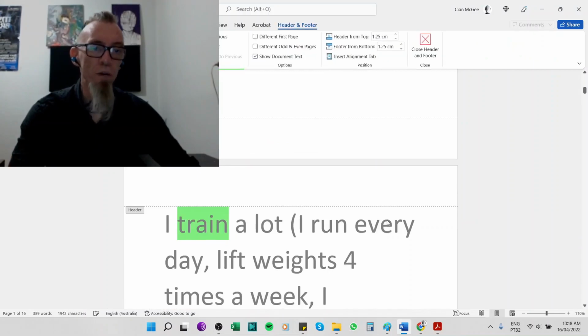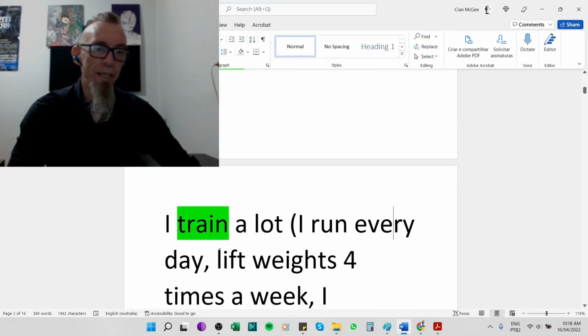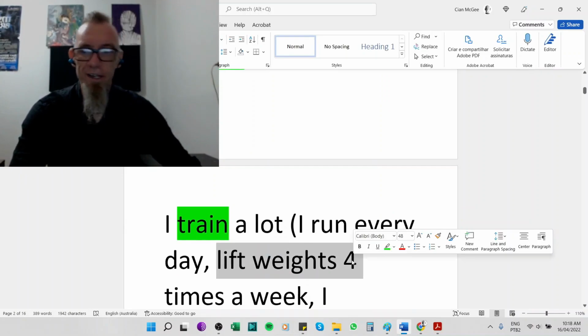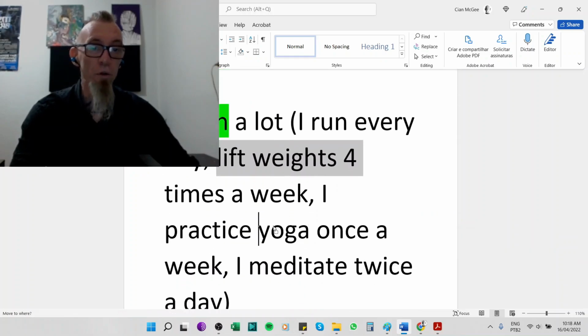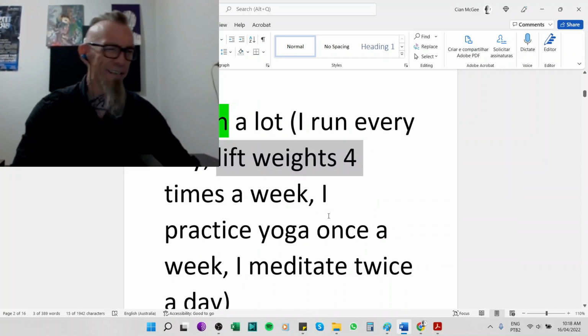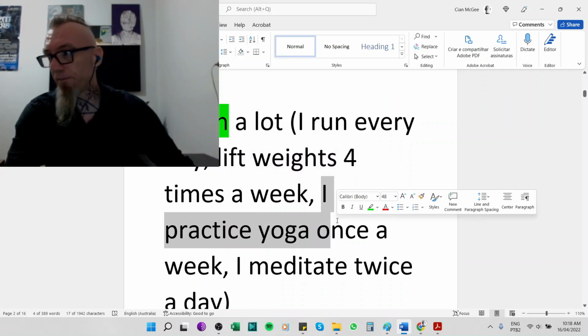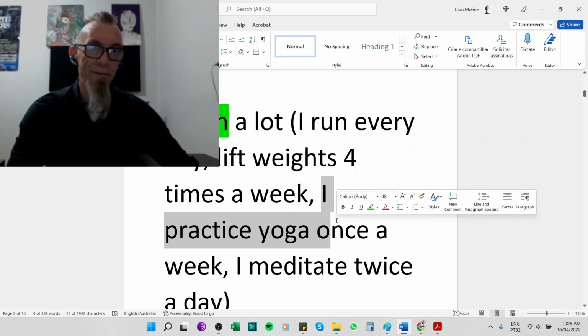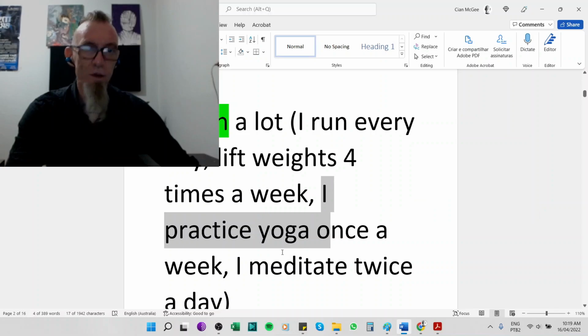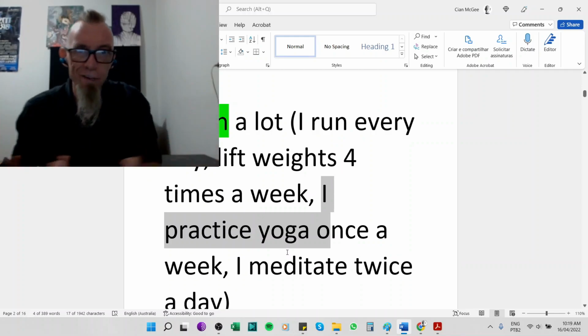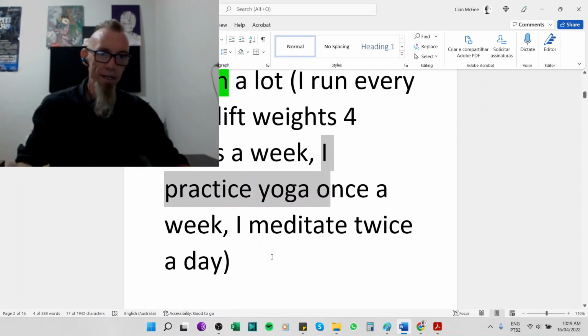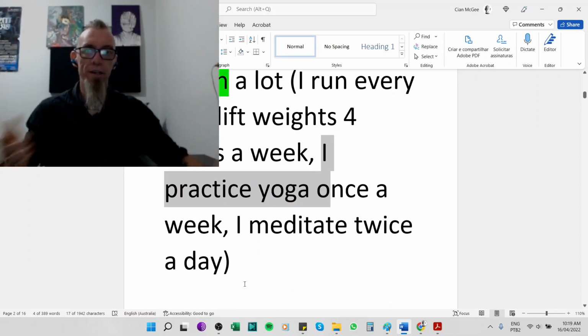I train a lot. So I've been running every day for 11 odd years. I've been lifting weights for about 10 odd years. I've been practicing yoga for a year and a half. What's the output of that? Well, I've fallen over and laughed about it about 779 times. There's always a way that we can describe the output of that action. The output could be something fantastic, or the output could be something funny, whatever the fuck it is. It doesn't matter. There's always an output, and we can measure that output.